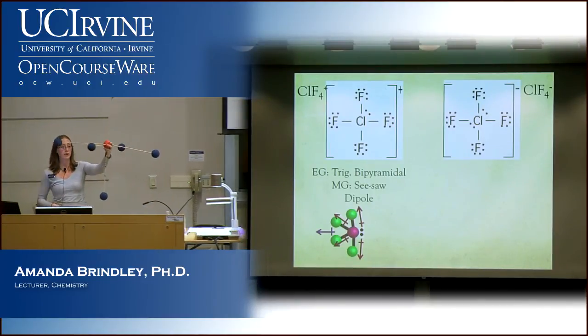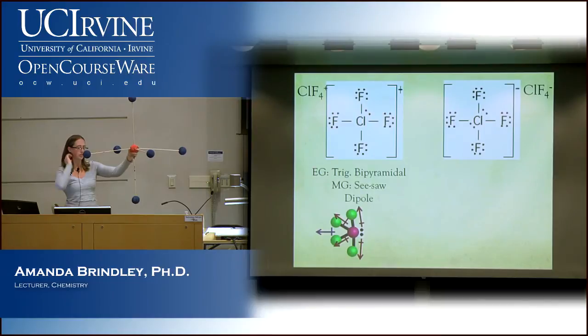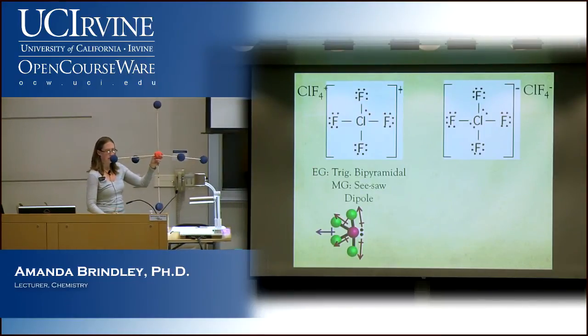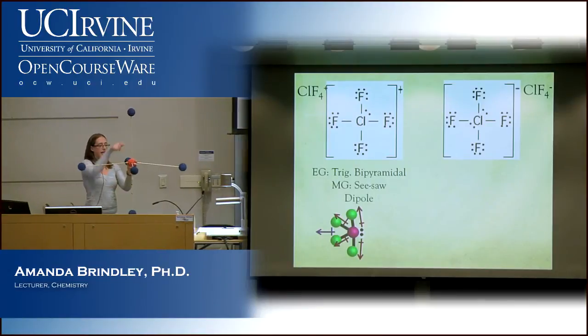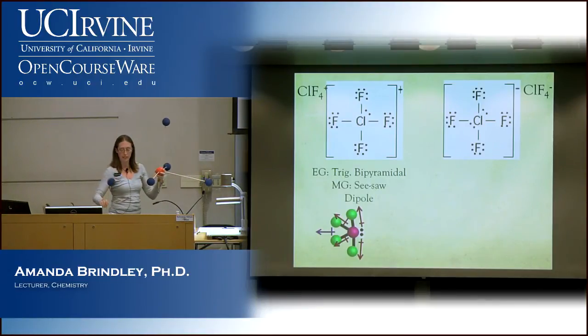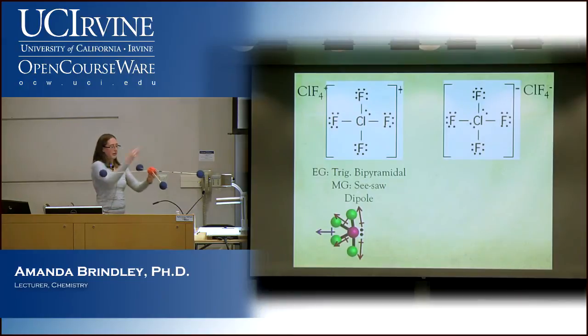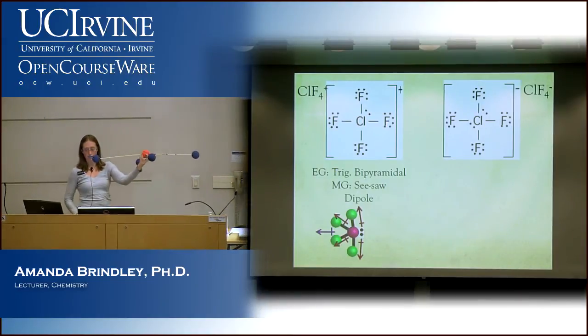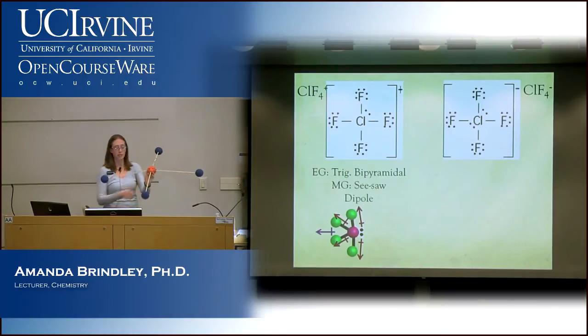Now we have 2 lone pairs, so does it matter which one I remove first? Are the bond angles all the same or different? They're all the same, right? They're all 90. So it doesn't matter which one I remove to begin with. So now that I've removed that one, which one do I have to remove for the second one? Top one. So now I have a lone pair here and a lone pair here. So what shape do I have? Square planar, right? It's a square and it's all on one plane.